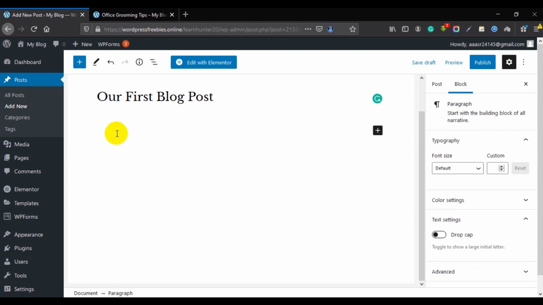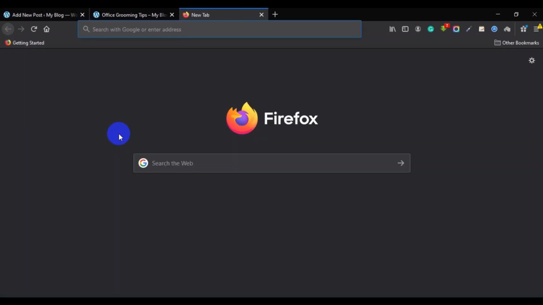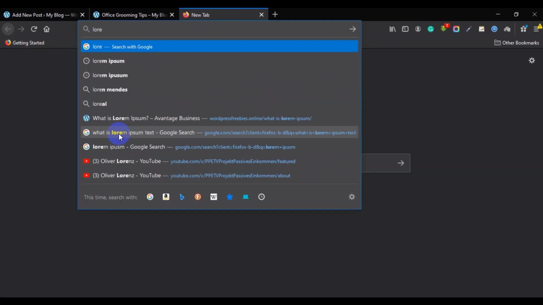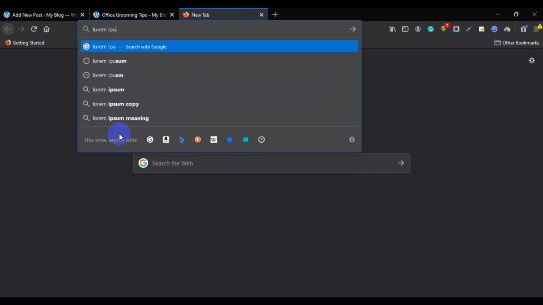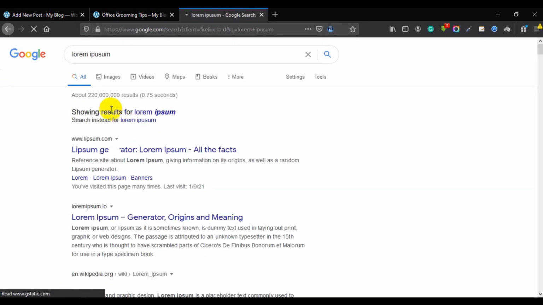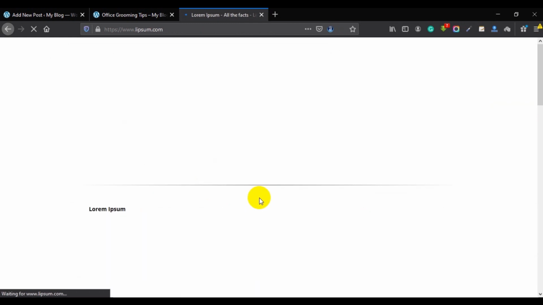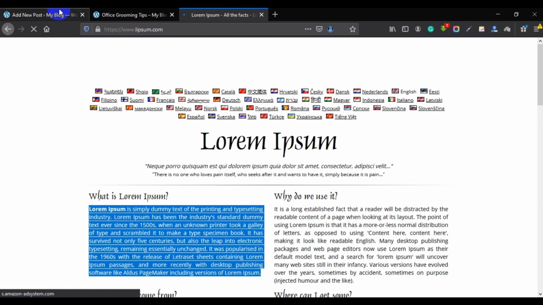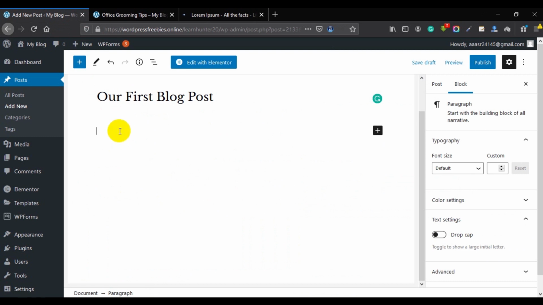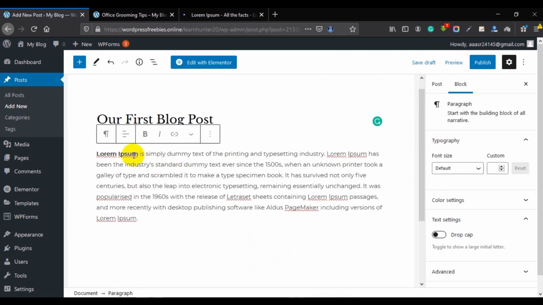Okay, so let me just enter some text here. But before that, go to Google and let me copy some dummy text, lorem ipsum. Go to lorem ipsum. Okay, in this website you can get some dummy text. Simply copy and just paste it here. Okay. That's how you can actually paste some text, your article here, and you can also add an image under